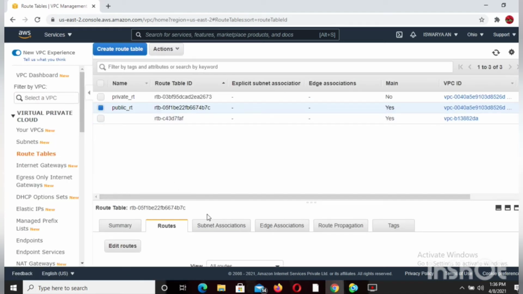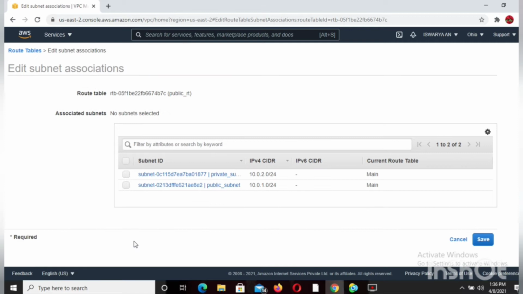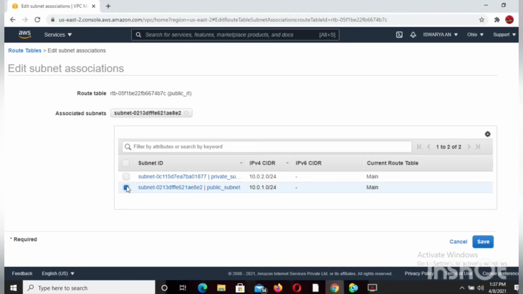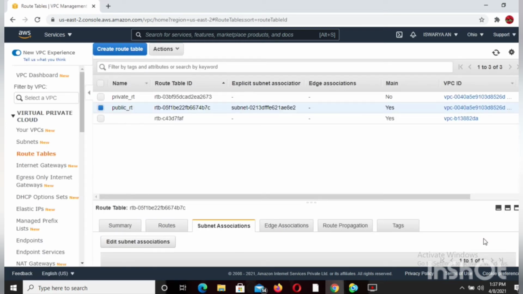And then we have to edit the subnet association. In that, we have to select the public subnet, as we are editing our public route table. And then we have to do it for the private route table.